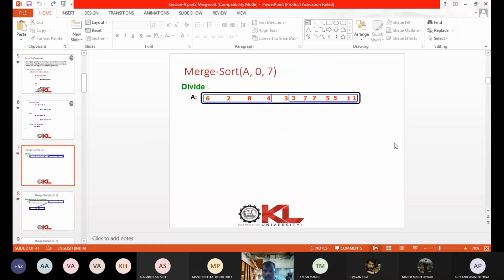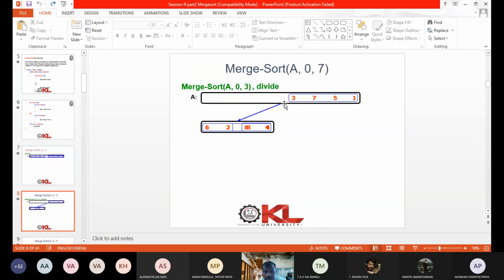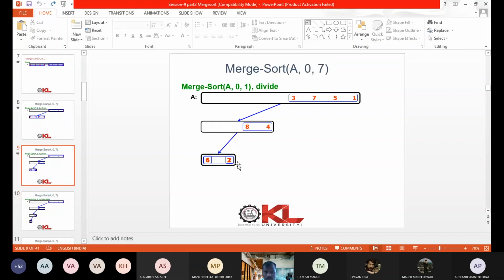What is the first part? 6284. They are further divided into two equal parts. Then 62 is divided into 6 and 2. Then 84 is divided.